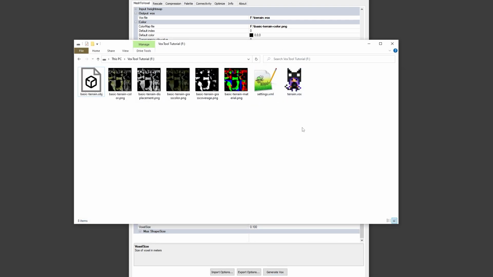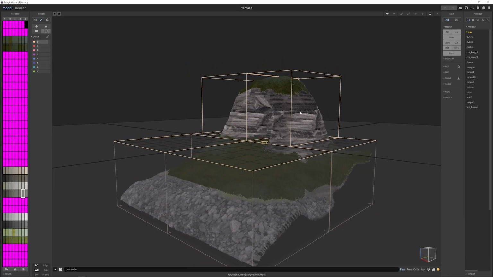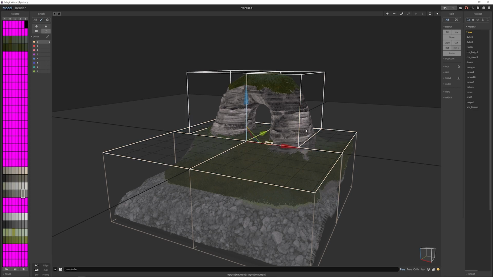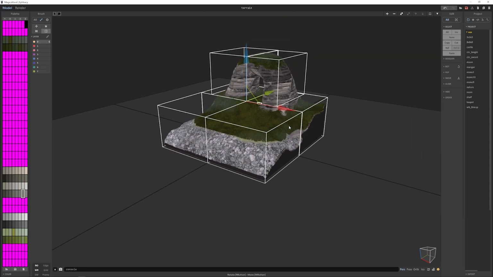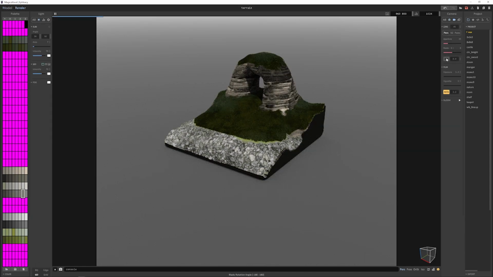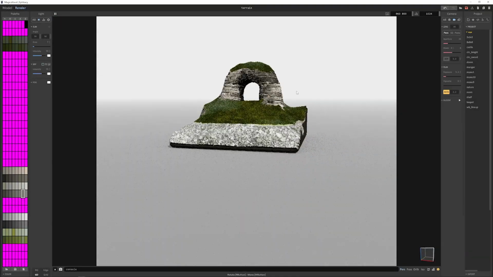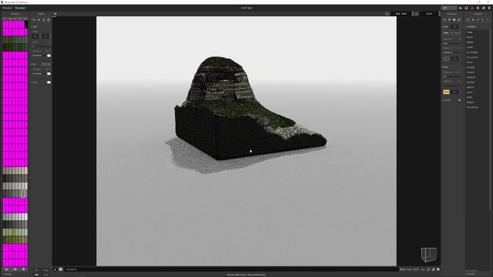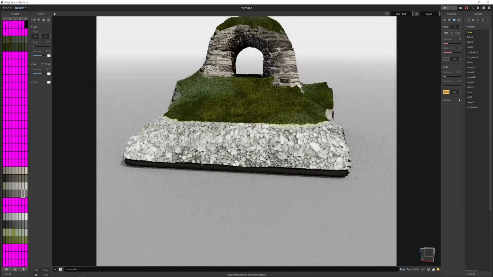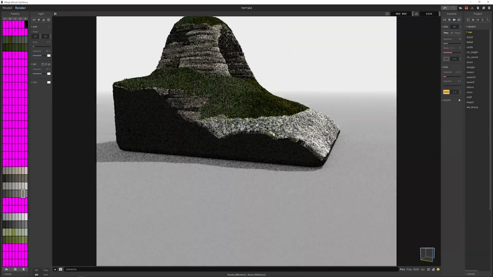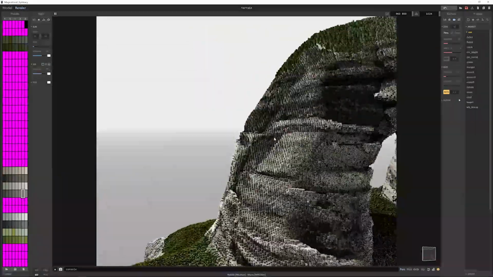Here I have the folder where I created the vox file. I'm opening it in MagicaVoxel. I'm pressing Ctrl A to choose everything and G to put it on the ground plane. Then F1 to render it. Up the exposure a bit. And this is what it looks like. And here you can see the black sides I was talking about. Those are unnecessary in the game, so we're going to try to remove them by using the trim functions. But this looks pretty good.